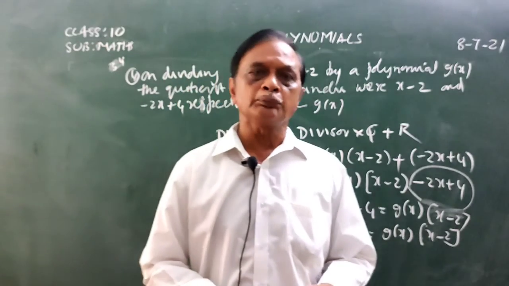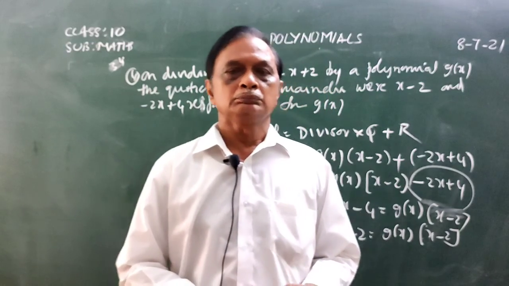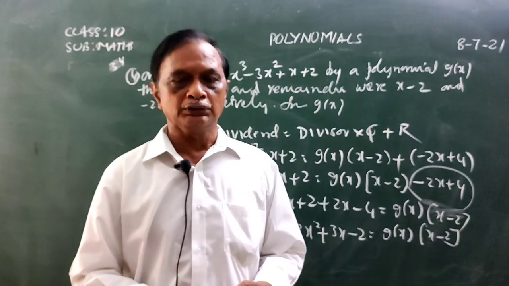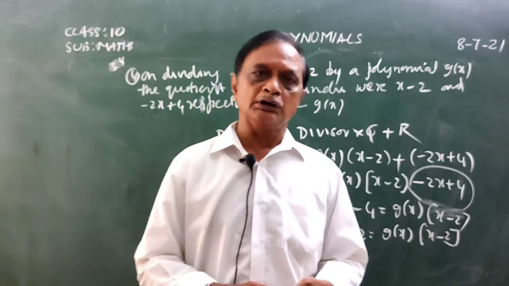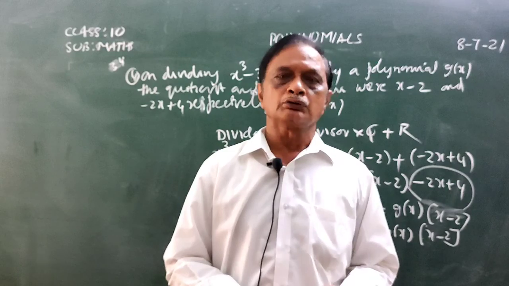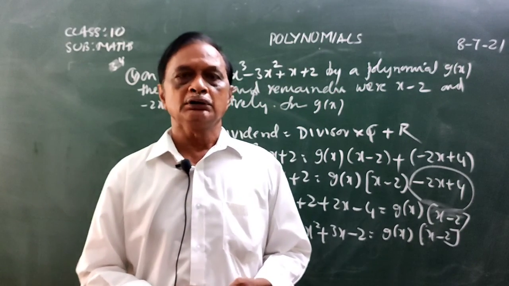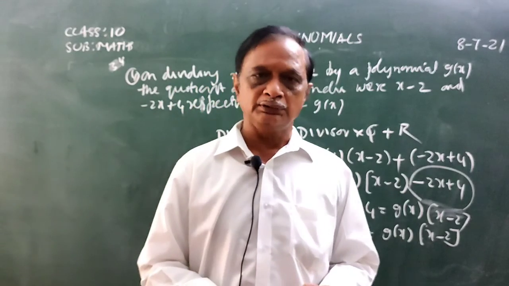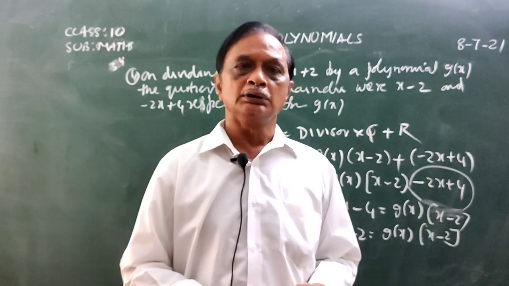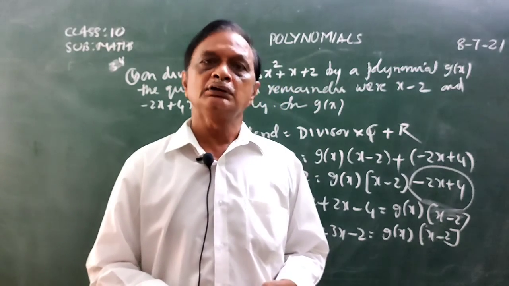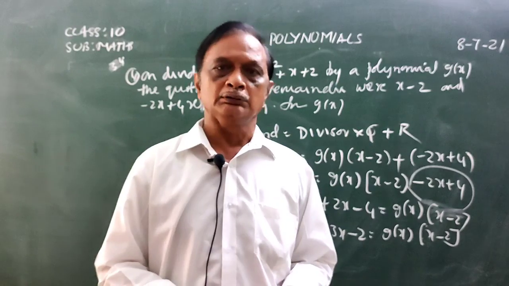We have one more problem in 3.4, and also we have to go through the graphs of the quadratic polynomials, linear polynomials and cubic polynomials. So in the next video, I will try to complete the remaining part of the chapter, that is the graphical representation of cubic, linear and quadratic polynomials and the graphical meaning of zeros of a polynomial. Thank you.